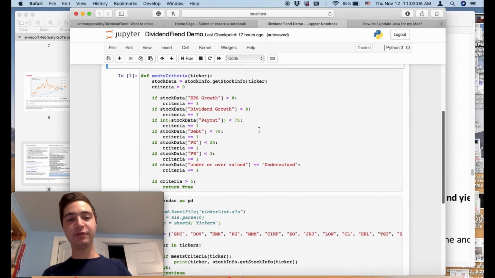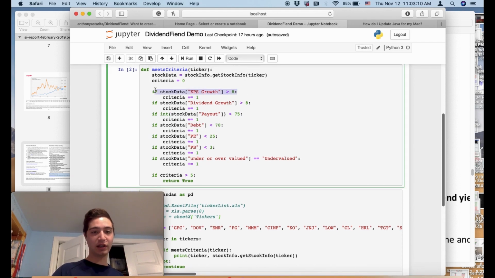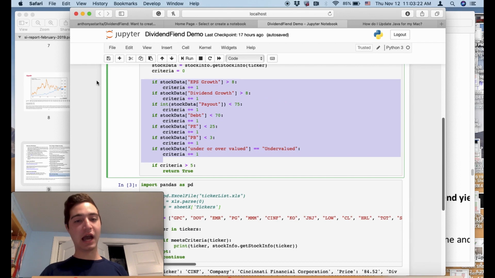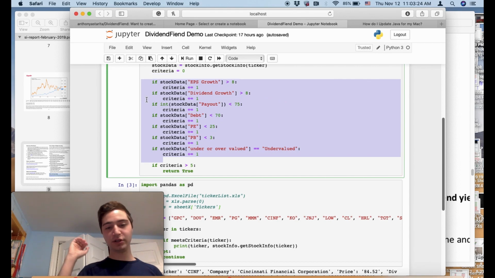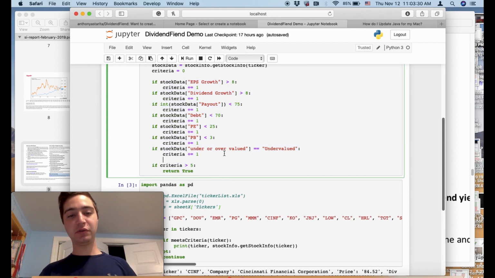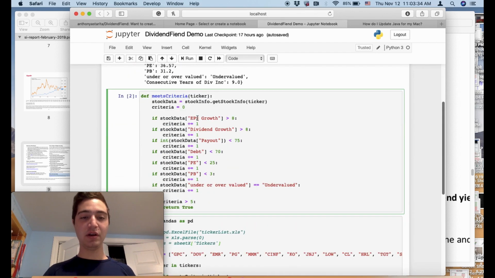Here I have a meets criteria function. So this is basically checking how many of these criteria are met through each individual stock. So let's say we wanted to say I just want to output how many of these have met 5 of this criteria. This is what it's doing for me,